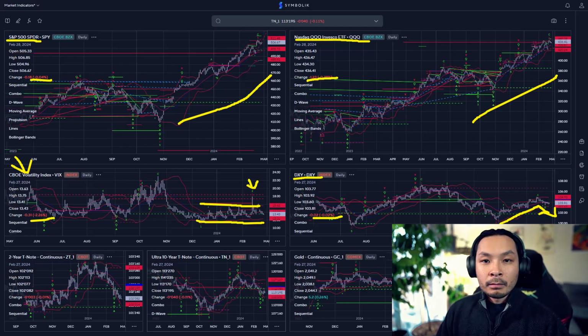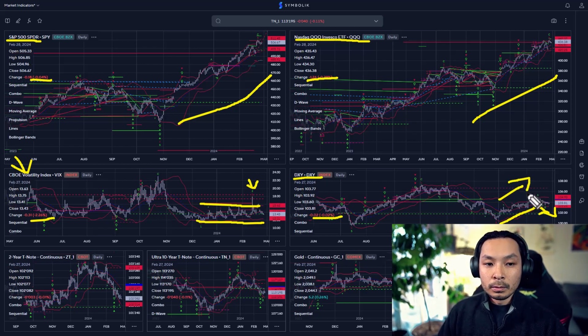The dollar has a really big impact on macro assets. If the dollar is strong, as in it's going up, it's going to cause risk assets to not do so well. And as the dollar is going down, that's going to be good for risk assets and good for our emerging market currencies. The other two things I look at, not at too high of a level, is the 2-year note,